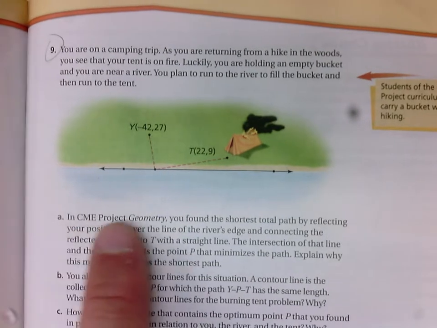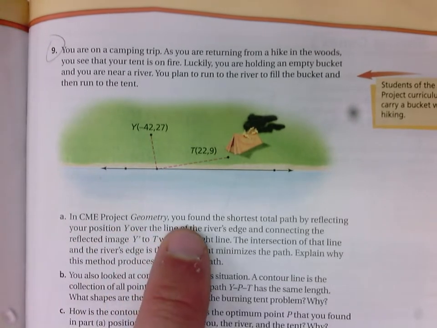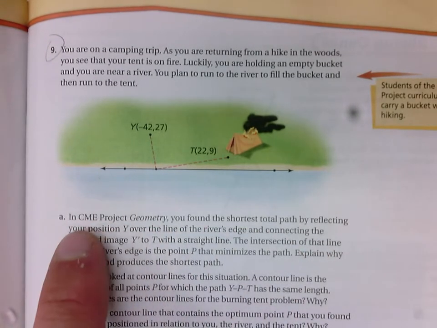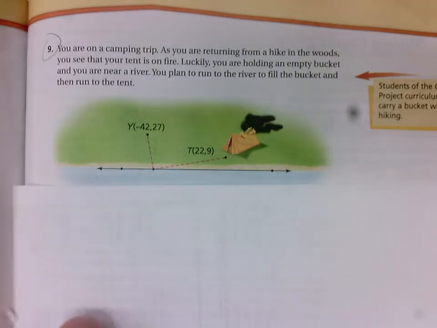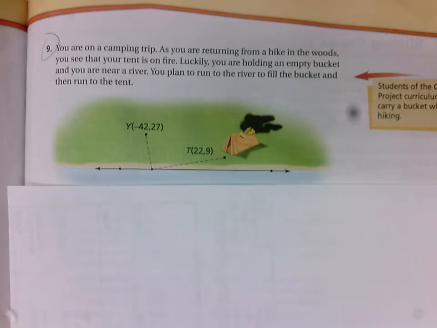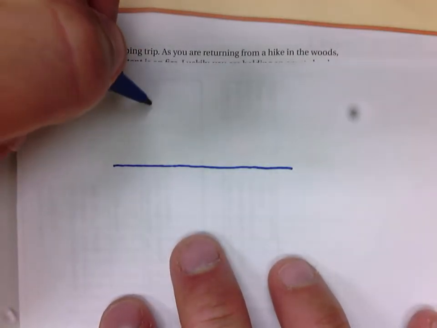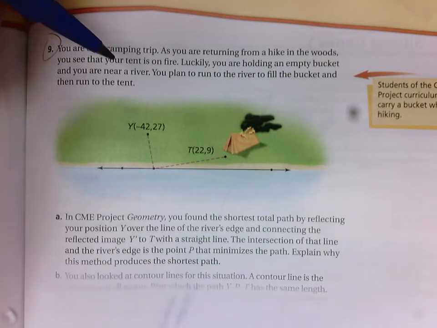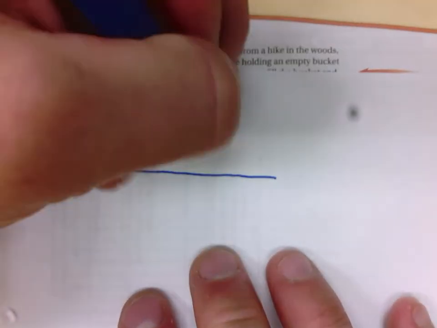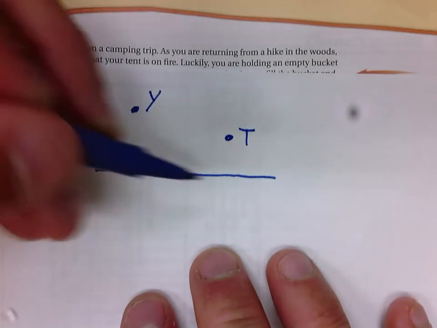Now it says in CME project geometry, you probably didn't actually use that for geometry, but that's okay. The shortest total path reflecting y over the line. There's something interesting, and I hate to just give this away right now, but it's a cool problem. Actually, I think it's a really cool problem to talk about here. I'm going to sort of redraw this diagram. I'll use the same labels here. If I need to be from point Y to point T, but I need to visit the line first, what's